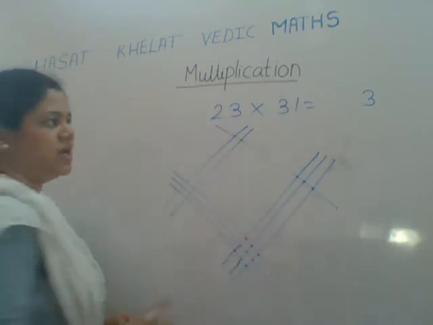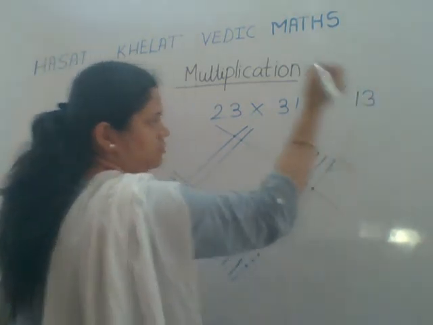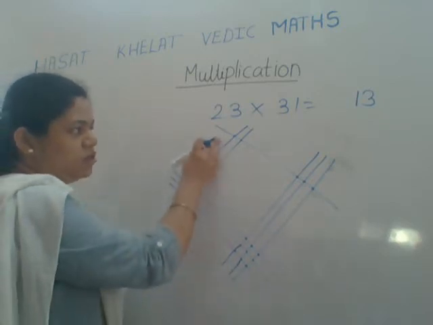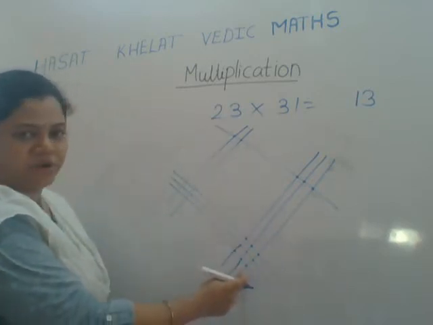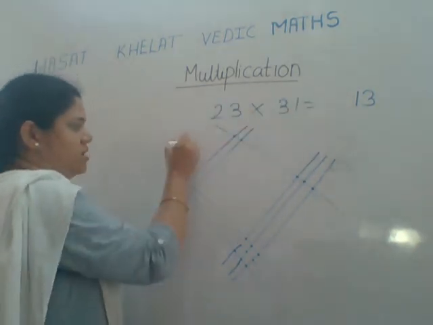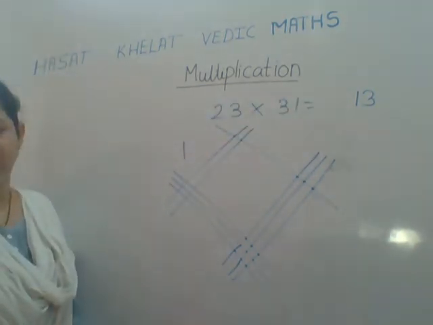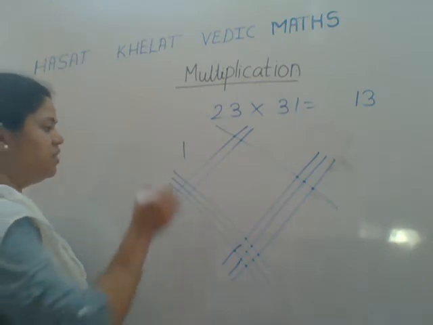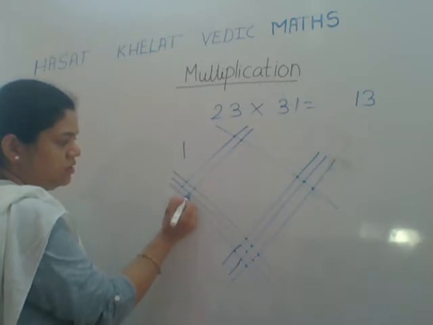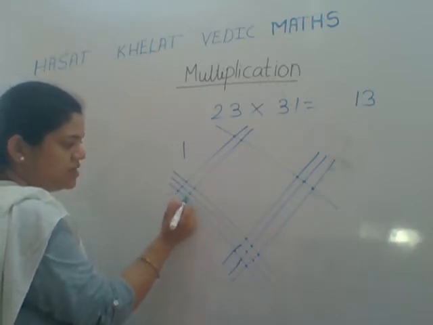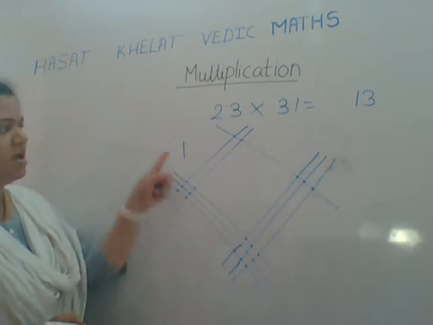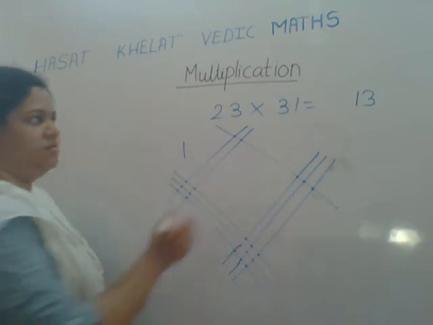Now what I'll do? I'll write 1 in the tens place. 11 I have got. Here are the 2 points and here are the 9 points. So I've got an additional 11. I wrote 1 and 1 I kept for carry. Then let's see here. 1, 2, 3, 4, 5 and 6. 6 intersection points on the left hand side, and this plus 1. What do I get?